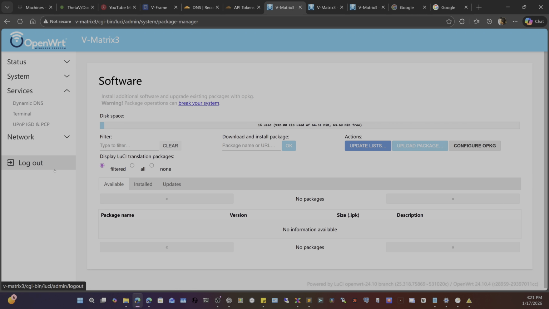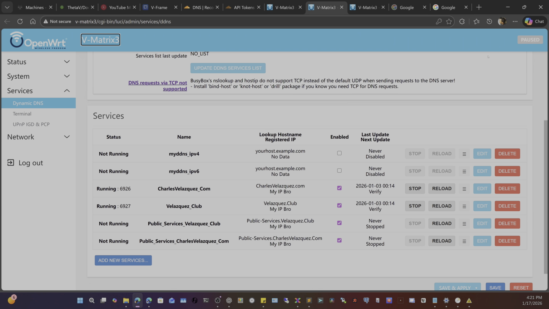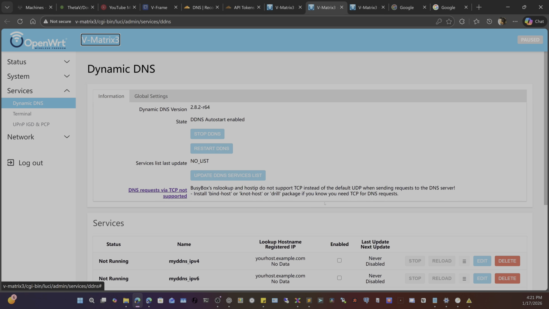Because sometimes the page needs to reload in order for it to come up. But boom, right? So we do it, and then here we go. We are now in our dynamic DNS,